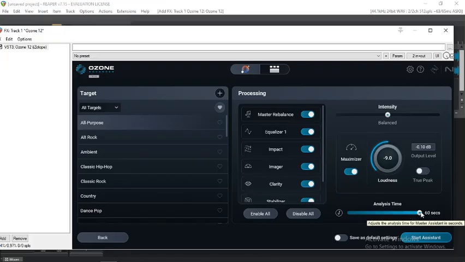So it's up to 60 seconds. I have a hot take. I think it should be the whole song, at least up to 3 minutes. It's going to take long, yes, but it has to analyze the whole song, or a lot of the song. Like if it's a 7 minute techno song, no, but who knows?